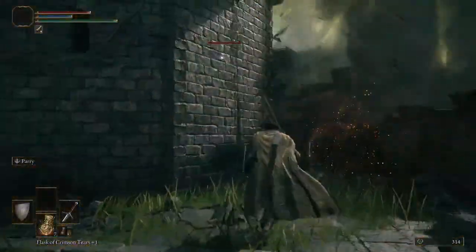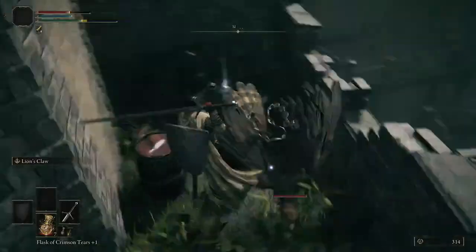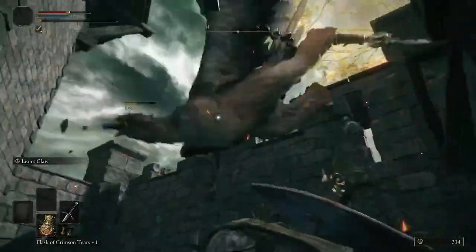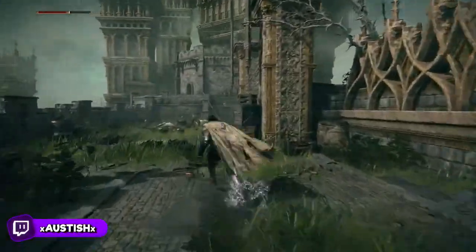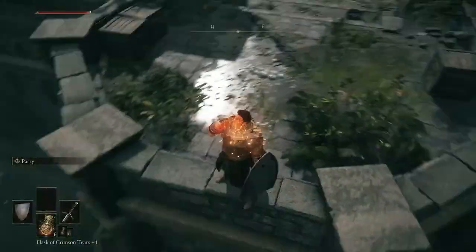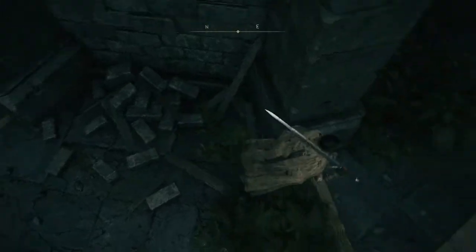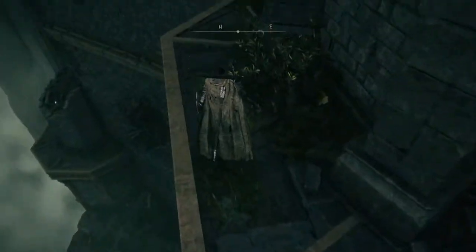That is the continuation of the path over here. Mage users are gonna have a field day with these enemies, though. I'll say that. Smithing stone 2. Alright, there's a little secret path over here. Requires a little bit of platforming. And, very precise falling down, I guess. Not too crazy, but...